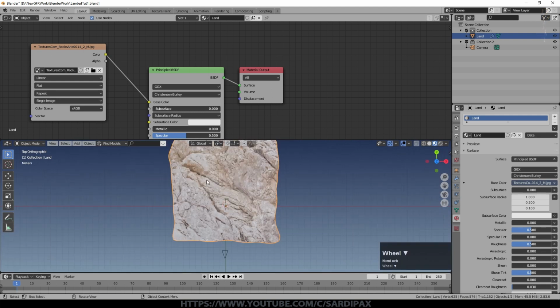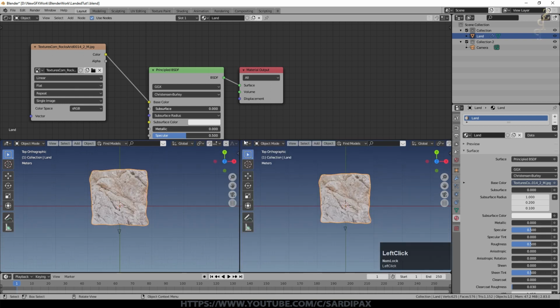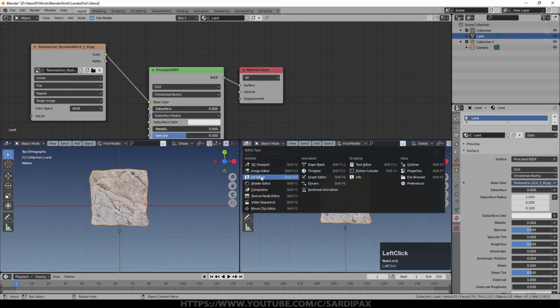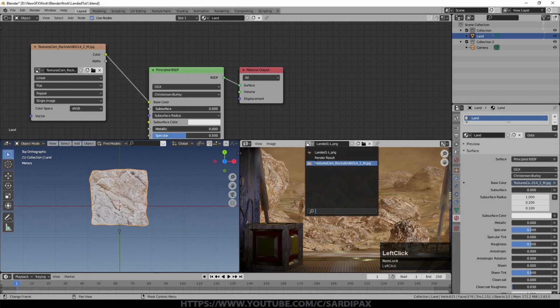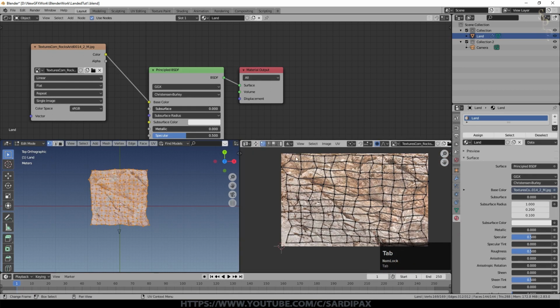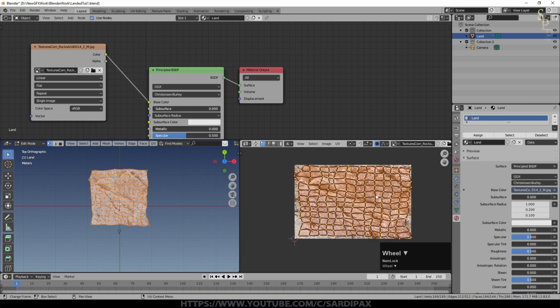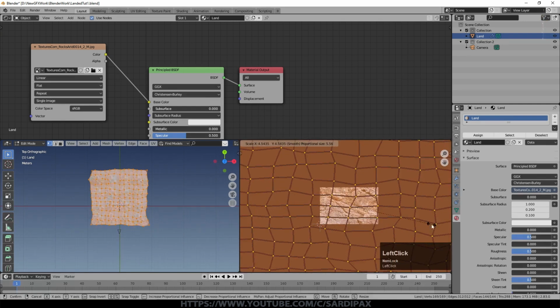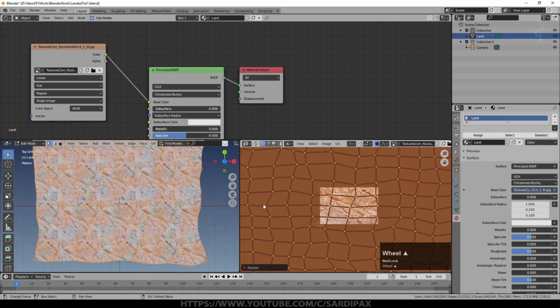Now clearly that's fine as far as it goes, but it probably is too big. So I'm opening up a new window and I'll set that one to UV editor, and we'll select the texture. So there it is, and then we're going to edit mode, and you can see, as you'd expect, the whole UV map is covering the whole image texture. So if I now scale this up, you can see the image is getting much smaller, which is good, but